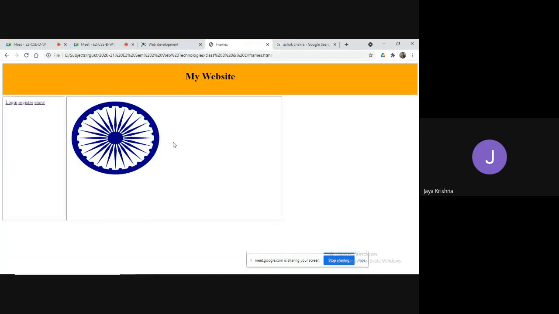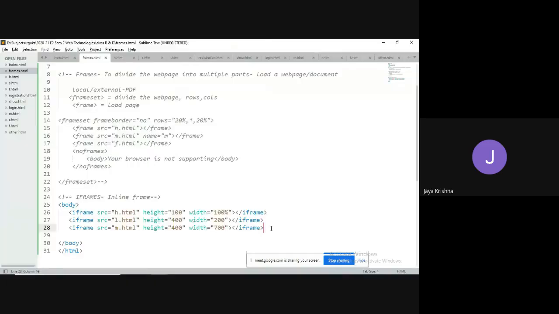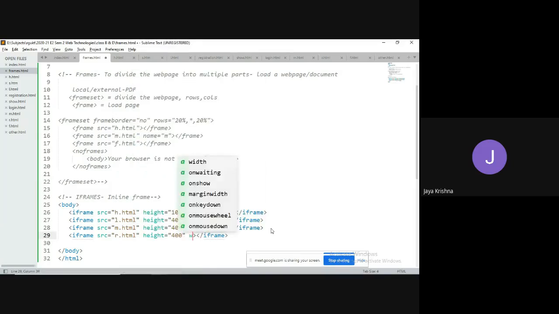The thing is loading everywhere. If this line is completed, then the next thing will be moved to the next row. For example, iframe source equal to, next the right side I need to complete, so write.html file. I would like to set height equal to 400, width equal to, once again, it can be like 200.